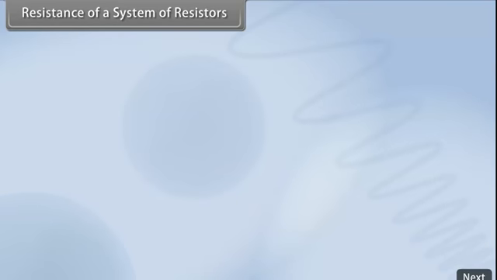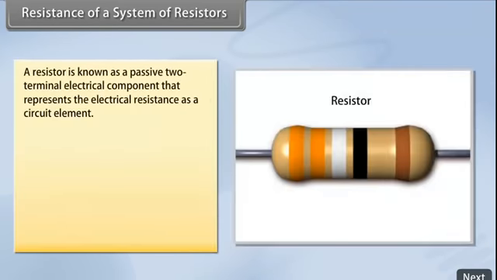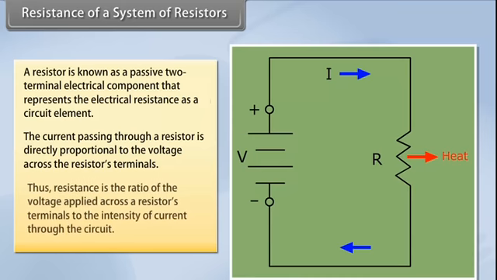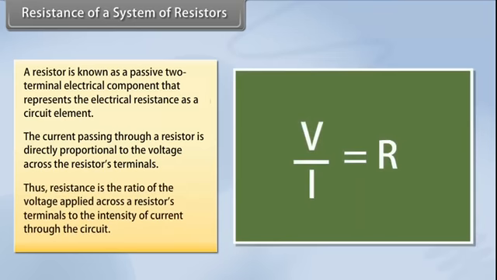Resistance of a system of resistors. A resistor is known as a passive two-terminal electrical component that represents the electrical resistance as a circuit element. The current passing through a resistor is directly proportional to the voltage across the resistor's terminals. Thus, resistance is the ratio of the voltage applied across a resistor's terminals to the intensity of current through the